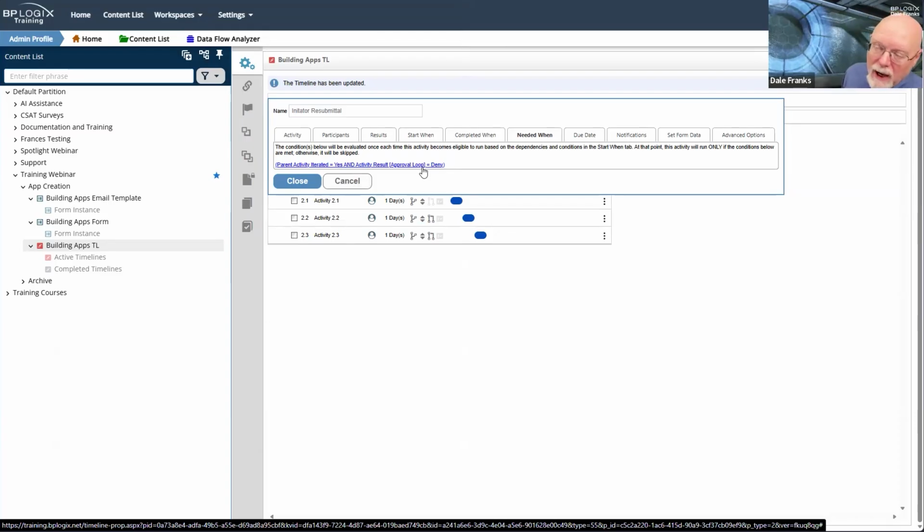We could probably have any child activity result is deny. No, we couldn't because we're not in a parent activity. But what I'm doing here is I'm trying to ensure that this activity is not going to run, is not needed, and will be skipped unless I've actually hit deny and it's gone back to the initial activity. This obviously is something we're going to have to test.